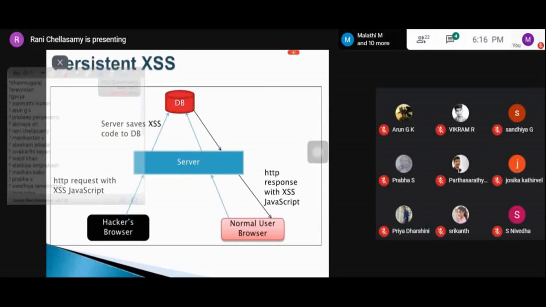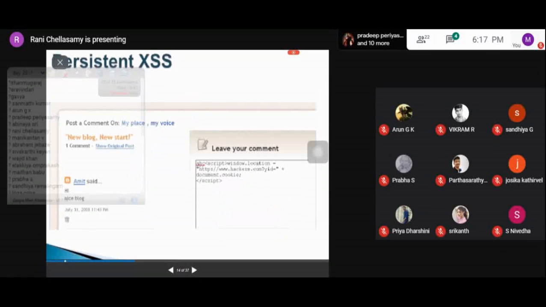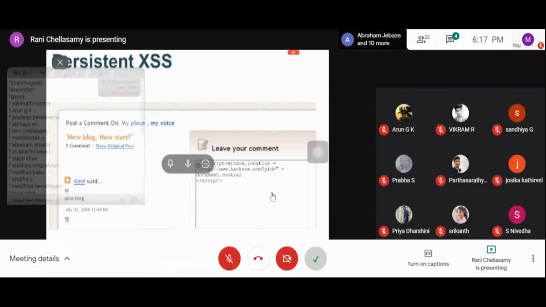Whatever request the hacker's browser sends will be stored in the database, and the request contains the XSS client code. Now when a normal user's browser accesses the site, the response from the database will be received by the normal browser.